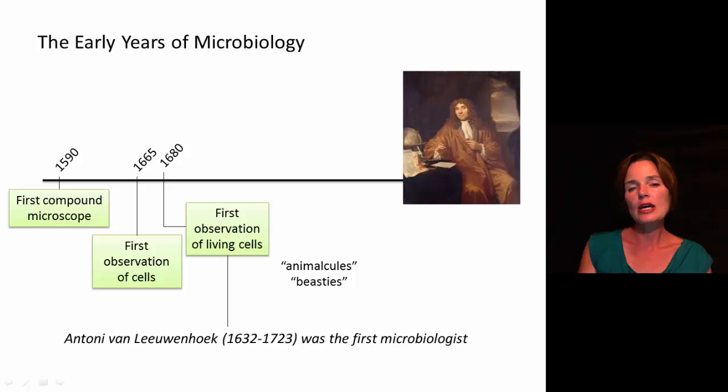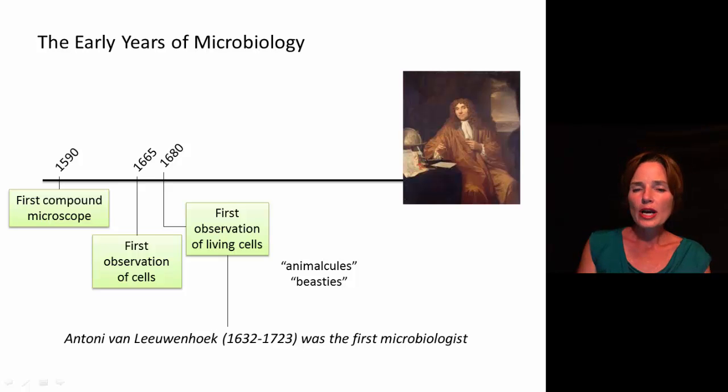So Leeuwenhoek, he had a fascination with science. He had a fascination with microscopes and studying really tiny things. He made a lot of his own very simple microscopes, which were, again, very simple. They were like really magnifying glasses that he was looking at things under. But he observed a lot of different things, and he was able to observe what he referred to as animalcules